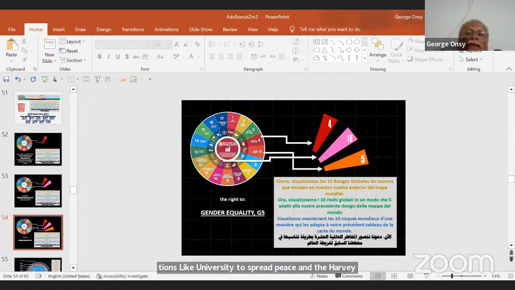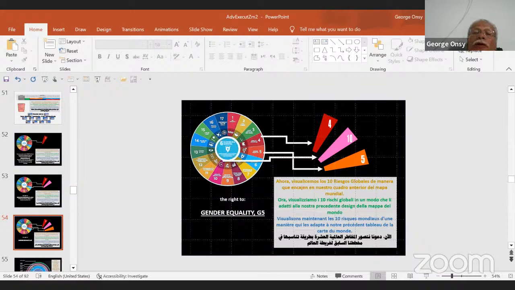Then the third one of this group, number 5, is gender equality, G5. The same thing we say about equality applies here. The woman can have a great power to change our world. She's not only receiving help, recognition, and justice, but she can also move the world, because she has a lot to do. We have great women among us.